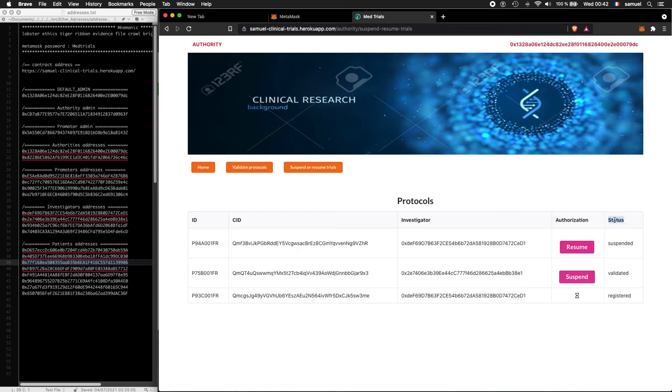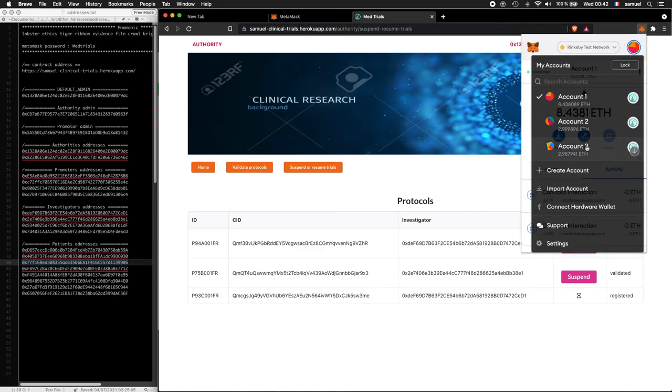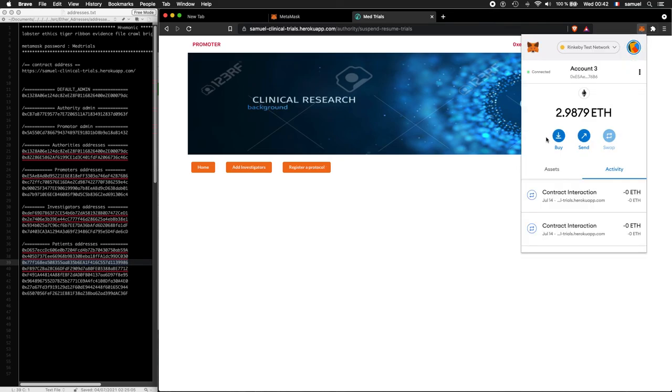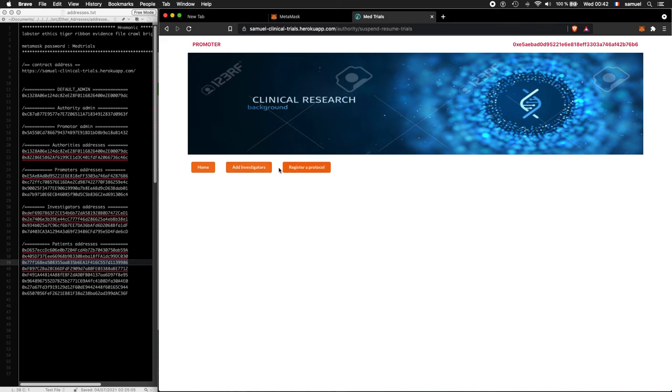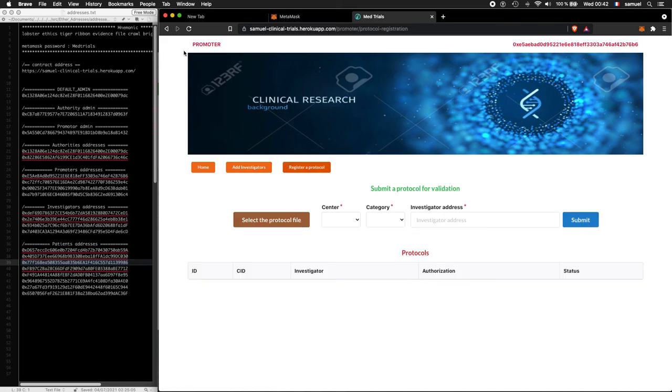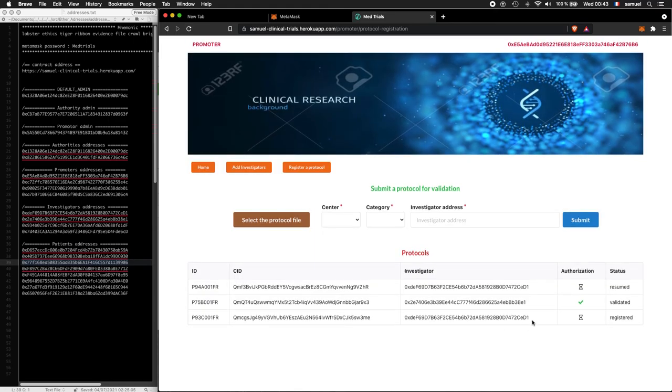So now let's look at the status here. It's suspended. And once the transaction is confirmed, the status becomes resumed. And the authority can decide to suspend the trial again. Let's go back, for example, to the promoter page. Also for the promoter, we can see that the status now becomes resumed.